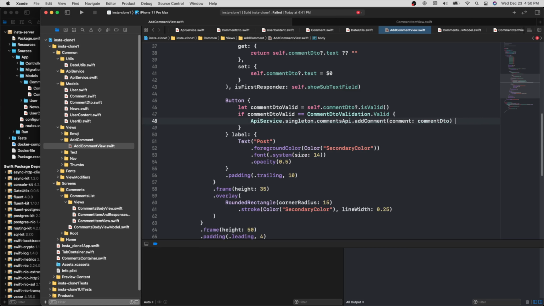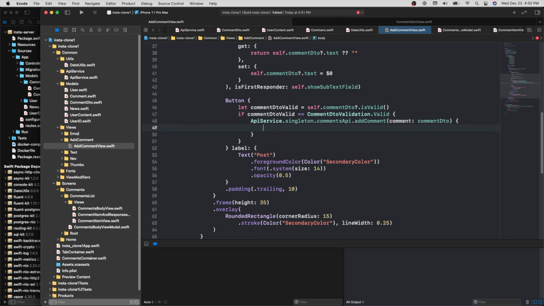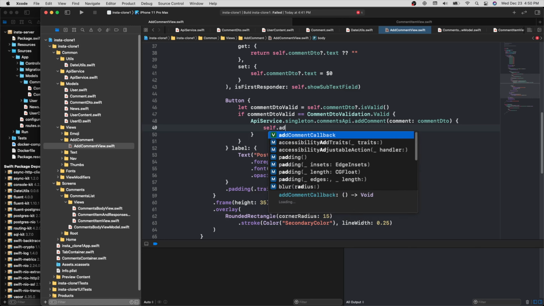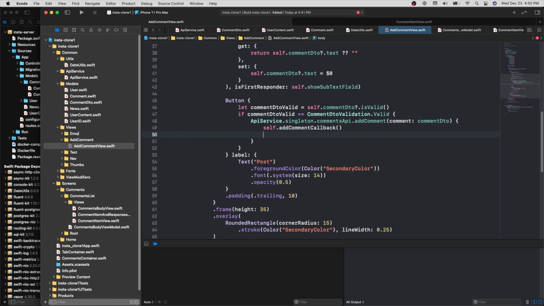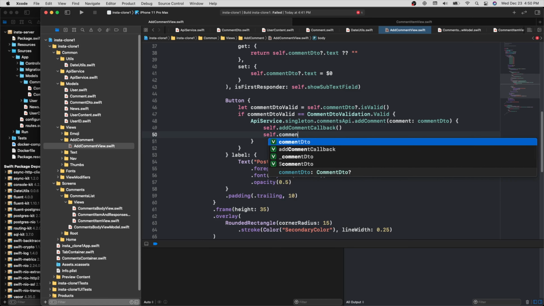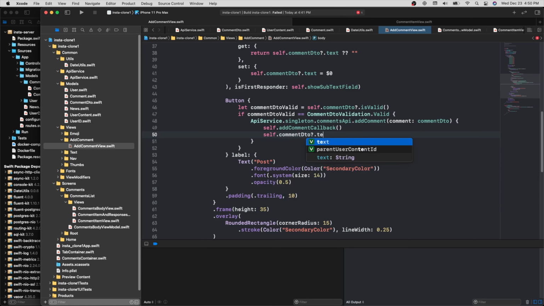Just going to clean this code up a little bit. So here's our callback that's supposed to refresh all of our comments. And then I want to wipe out the text that's sitting there after the comment is successfully completed. So that's what this line is about. So again, if it's valid, then we go ahead and we call the add comment. Now,